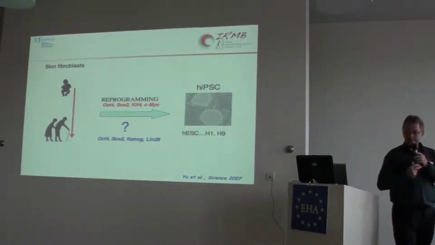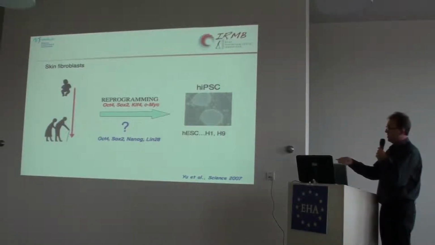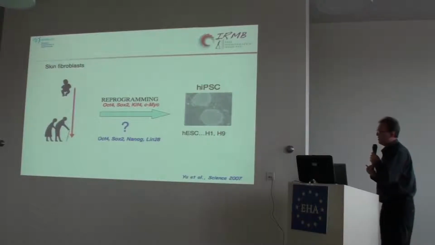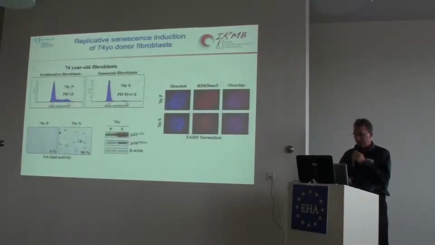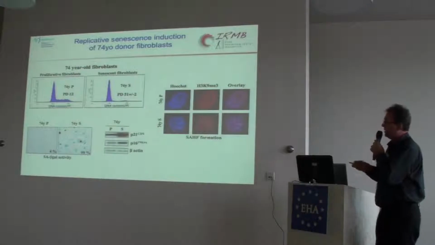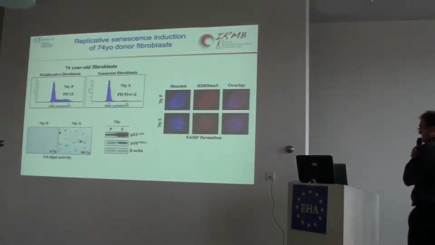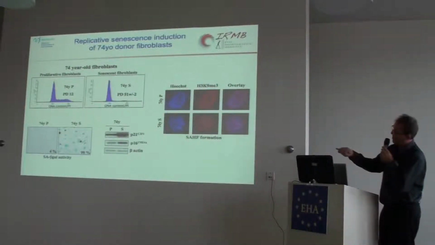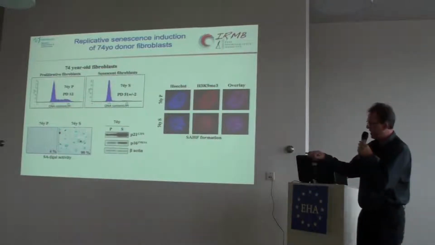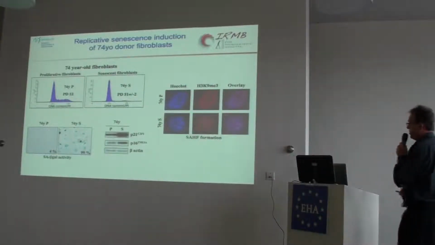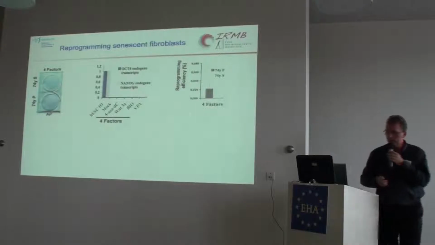The same year as the discovery of Yamanaka, another group identified another gene cocktail shown to have the same efficiency of reprogramming. So we checked this, and we started from replicative senescent cells from fibroblasts of a person of 74 years old. We kept the cells in senescence for 2 months to be sure that they were fully senescent, with this senescence-associated beta-galactosidase staining, and also an increase in P16, P21, and the presence of these structures of heterochromatin. When we try to reprogram them,